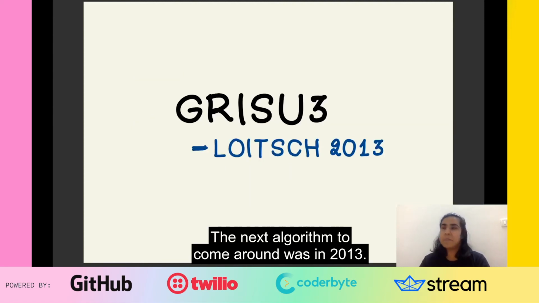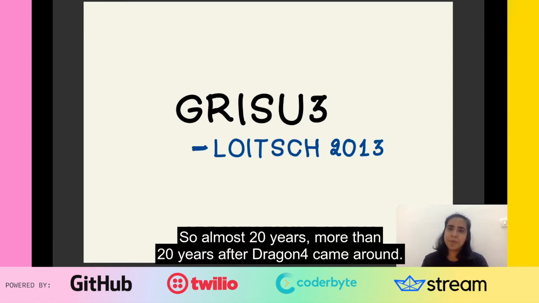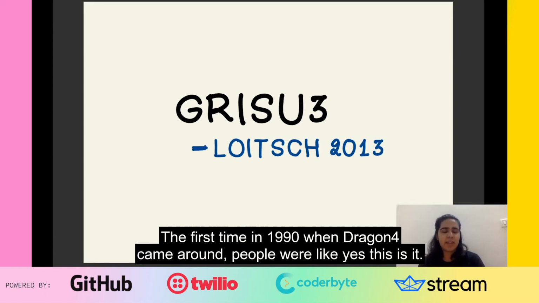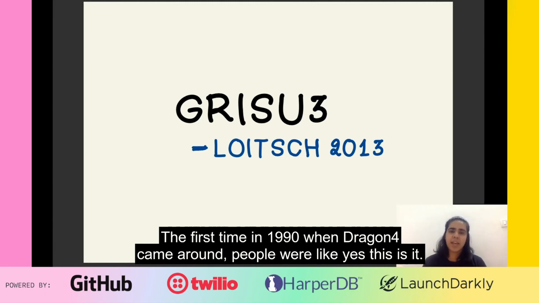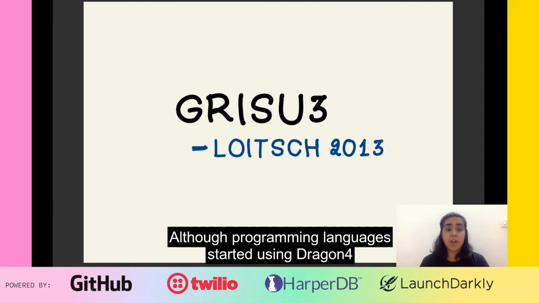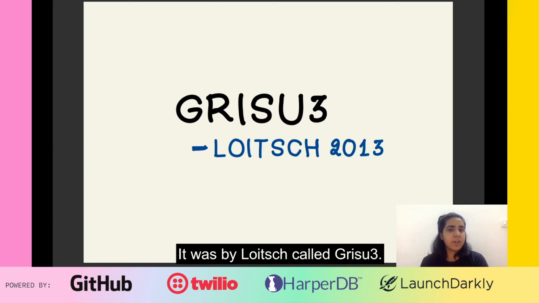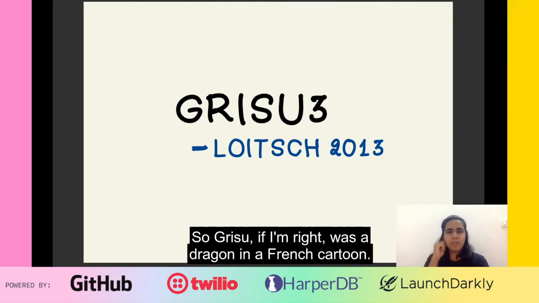The next algorithm to come around was in 2013, so more than 20 years after Dragon 4 came around. When Dragon 4 first came around in 1990, people were like, yes, this is it, and all the programming languages started using Dragon 4, and it wasn't until 2013 that a new algorithm came around, and it was by Loitsch, called Grisu3. So Grisu, if I'm right, was a dragon in a French cartoon,